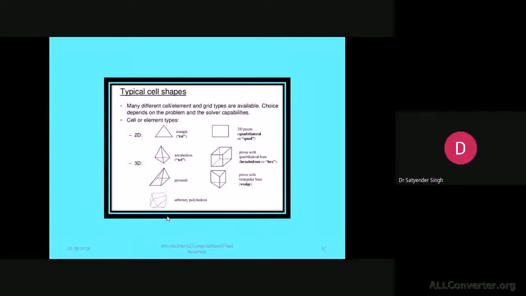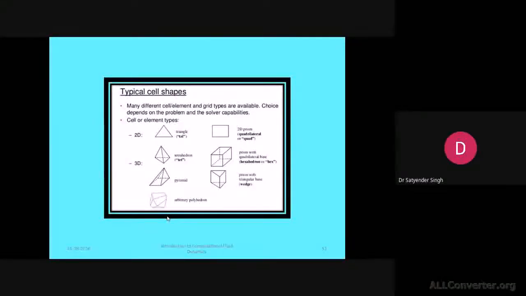So in order to support complex geometry and divide the computational domain into small control volumes as per the physical and mathematical understanding, and to provide the grid everywhere in the complex geometry, these various cell shapes or grid shapes have been generated in 3D.